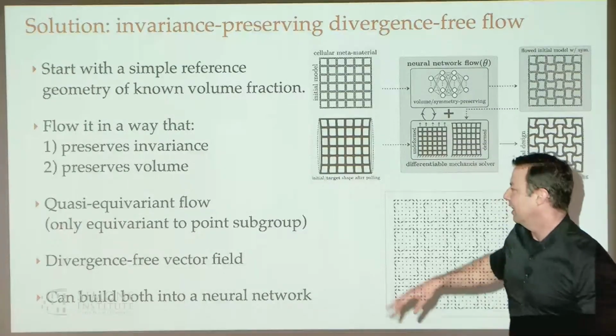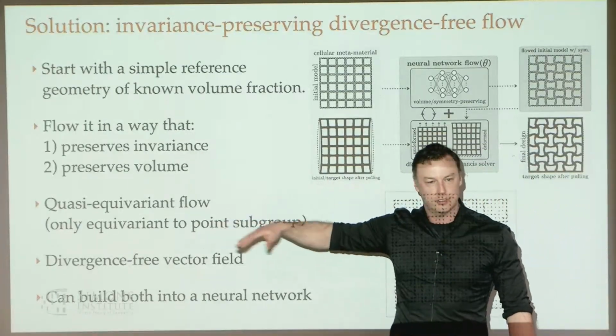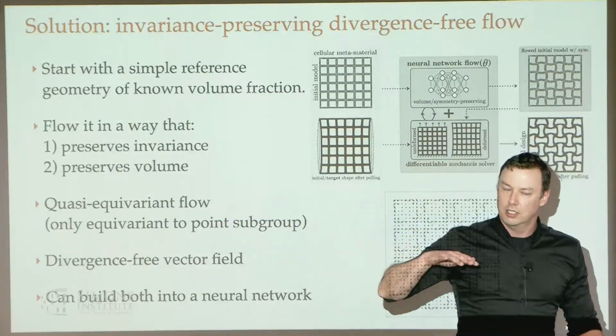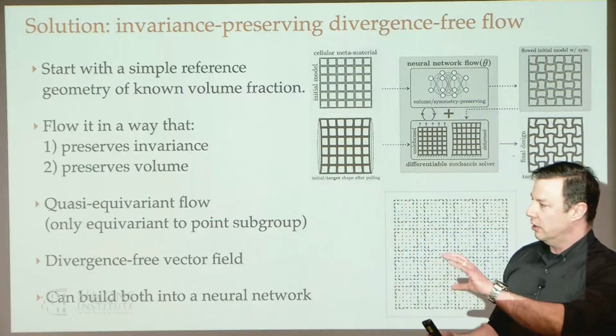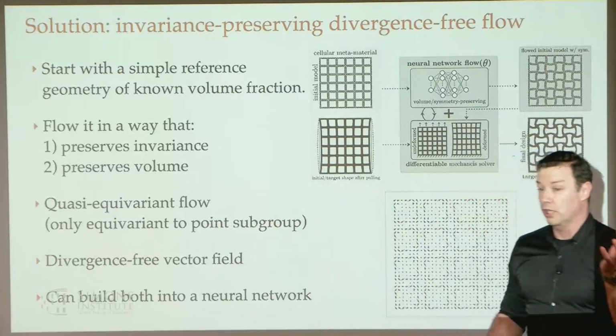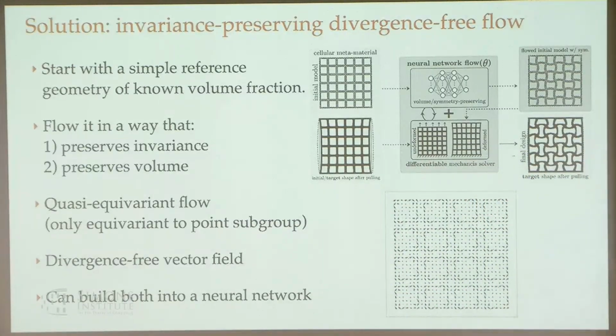I kind of refer to it as quasi-equivariance, which is to say that you apply the group action, and on the outside of the function, you only apply the point group, a subgroup of the action. So you don't apply the whole thing, and particularly don't apply the translations. And that gives you the right kind of flows that preserve the structure.